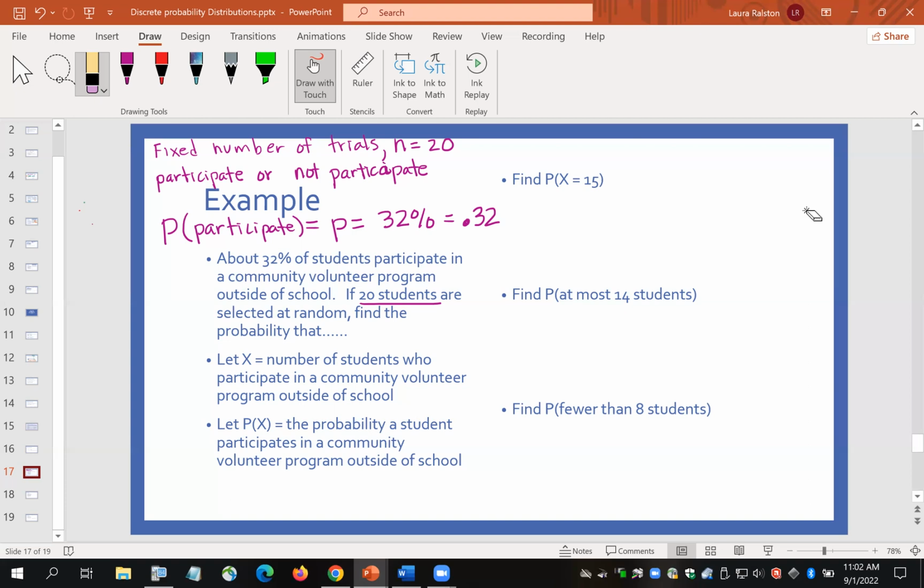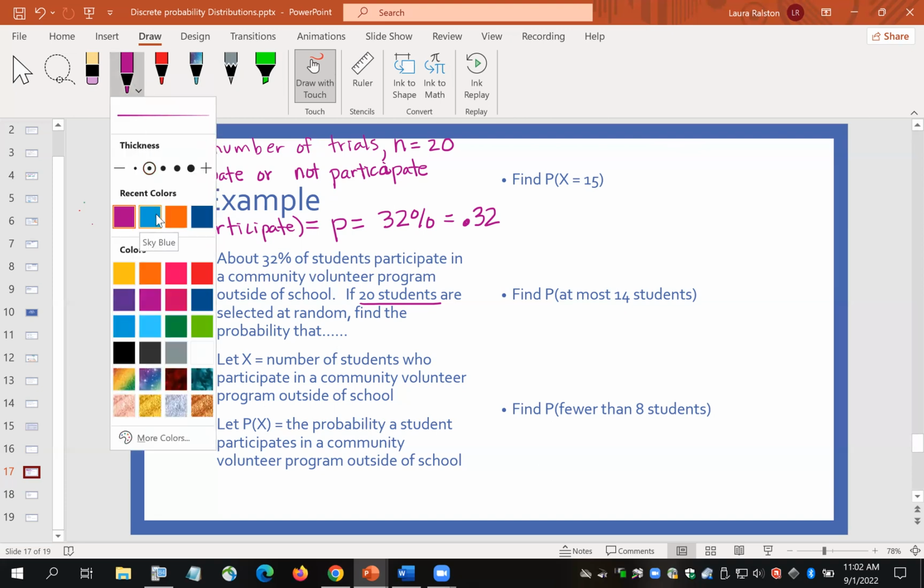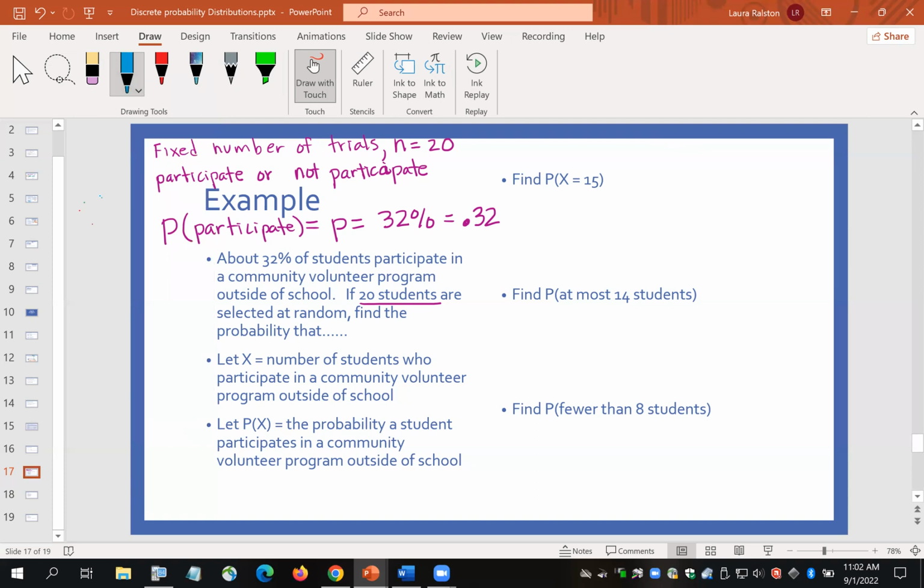It tells us in the problem, and this is usually the case, that the probability that they're going to participate, which is our probability of success, represented by p, is 32%. It doesn't tell us, and we don't necessarily need it right off the bat, but it may help us to go ahead and calculate the probability that they do not